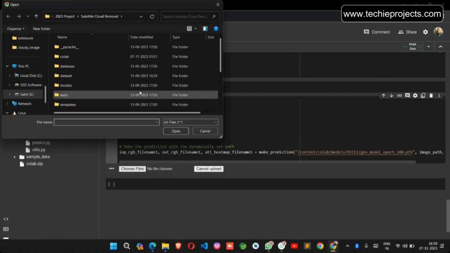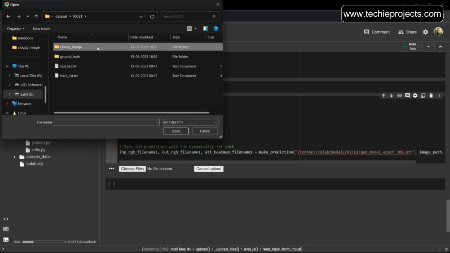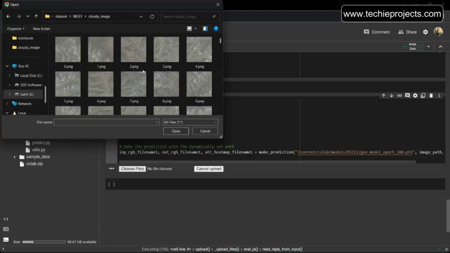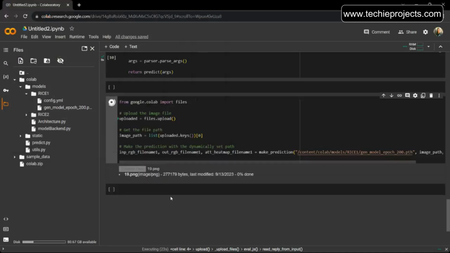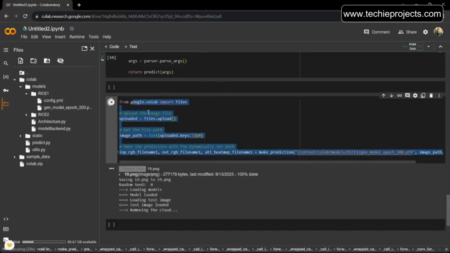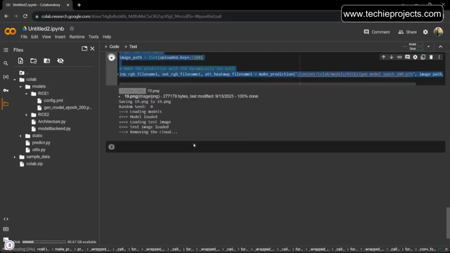You can directly go to the dataset and select an image based on the dataset and model, as we are passing the rice dataset. We can pass any cloudy image of this dataset, and once you do this, it will upload it automatically and give the prediction. Whenever you want to make the prediction with model 1, you execute this code, and whenever you want to run with model 2,